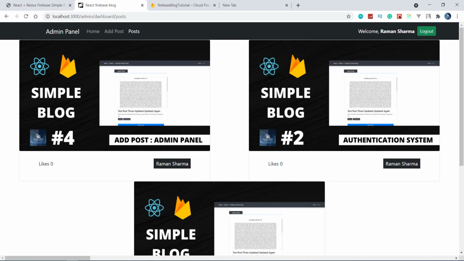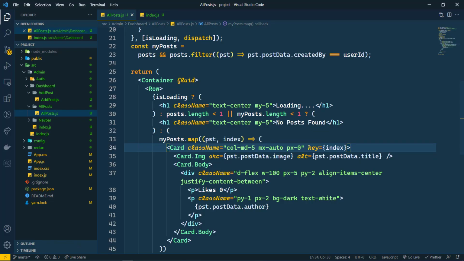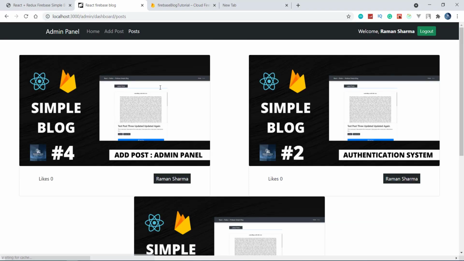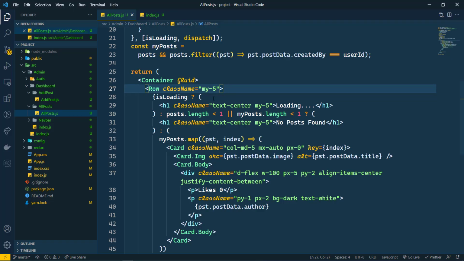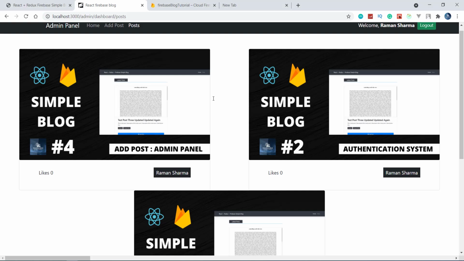We are getting a good one, and I also have to move the row and its class name to margin y 5 here. Now it is looking good. We are getting margin y 5 and our posts also, and let it be px 5 here.